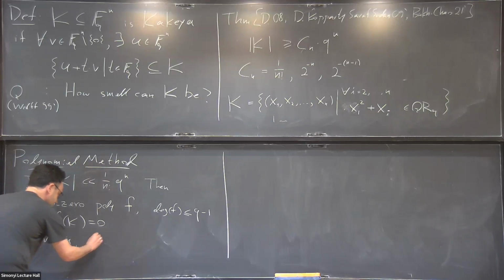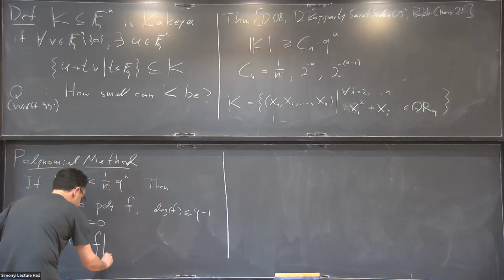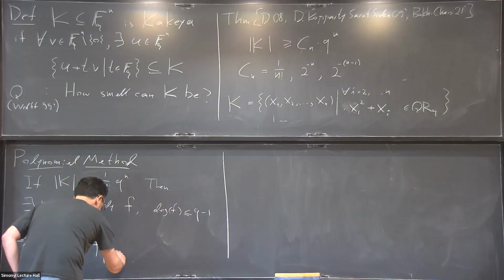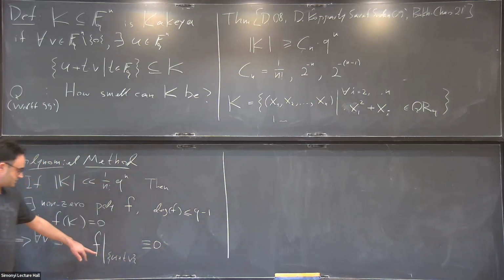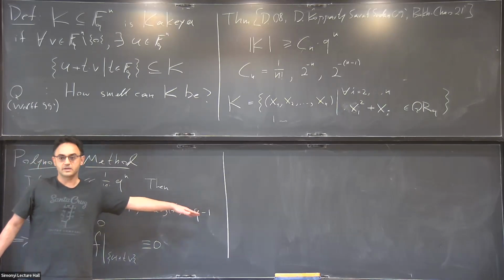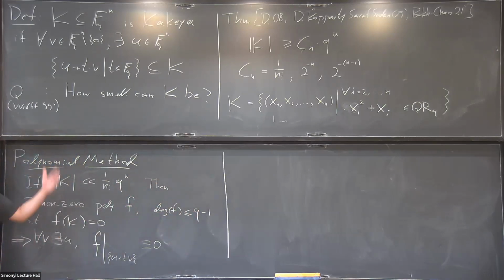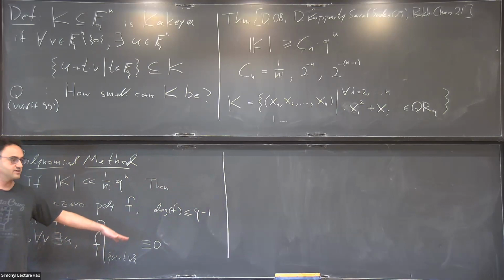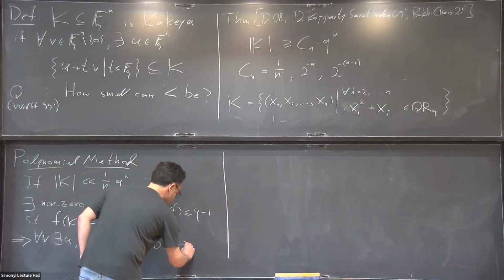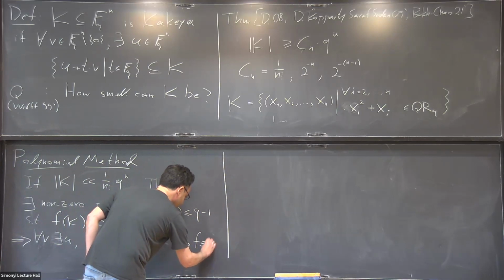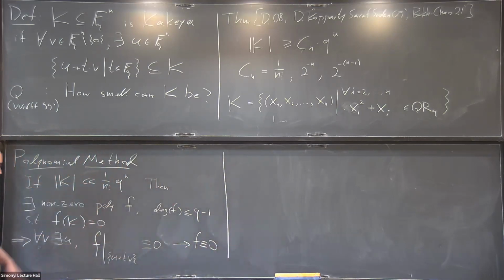Okay, and then you basically finish by saying that, well, for every direction V, there exists U such that F restricted to the line U plus TV is identically 0. So why is it identically 0? Because it's 0 on Q points, and its degree is at most Q minus 1. So it has to vanish identically on this line. And then this gives you a contradiction